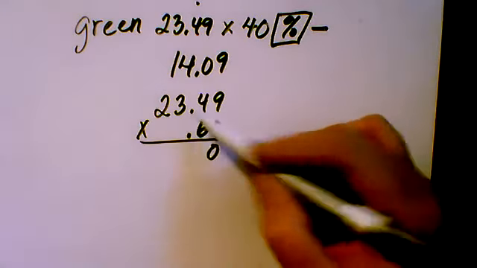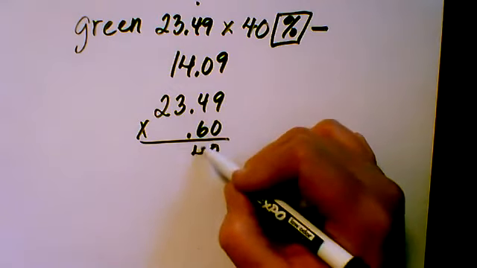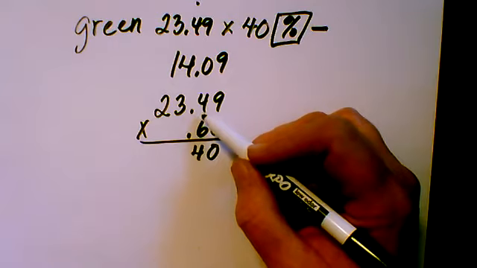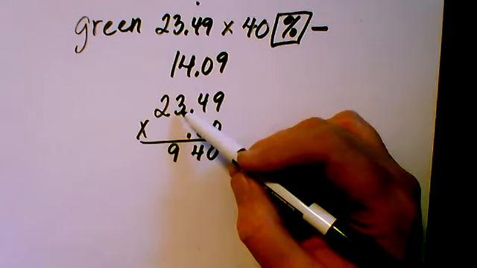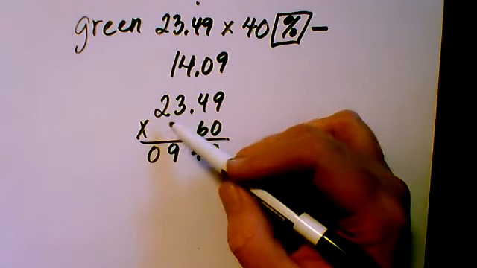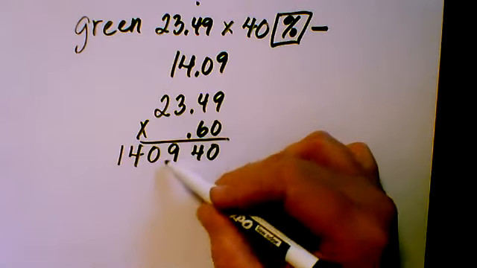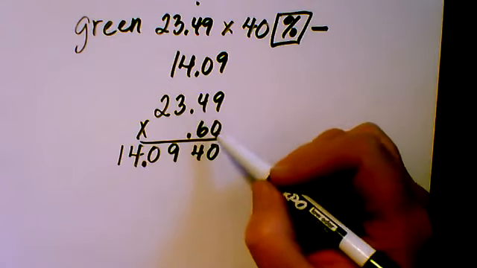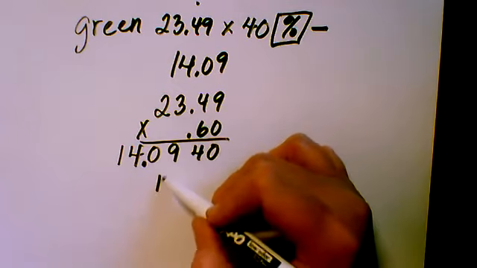Okay, so 0 times all of that is 0. 6 times 9, sorry, is 54. Carry the 5. 6 times 4 is 24 plus 5 is 29. 6 times 3 is 18 plus 2 is 20. 6 times 2 is 12 plus 2 is 14. And then once again, find out where the decimal point goes based on how many places there are. So there's 4 places. Count over 4 places. So my answer is